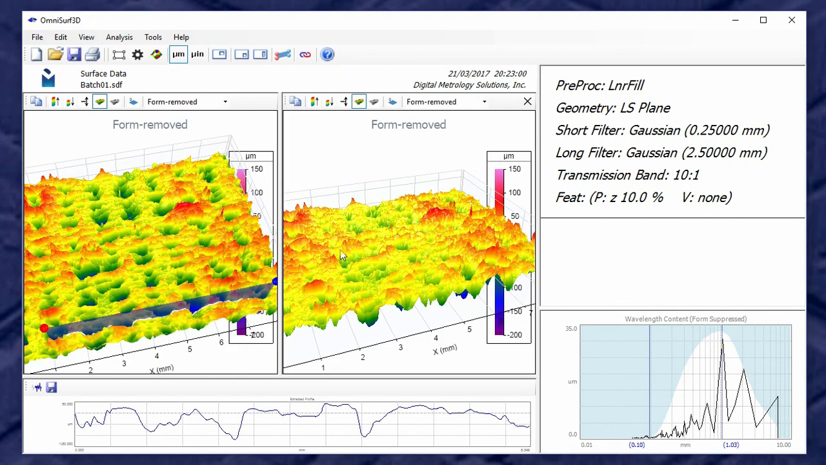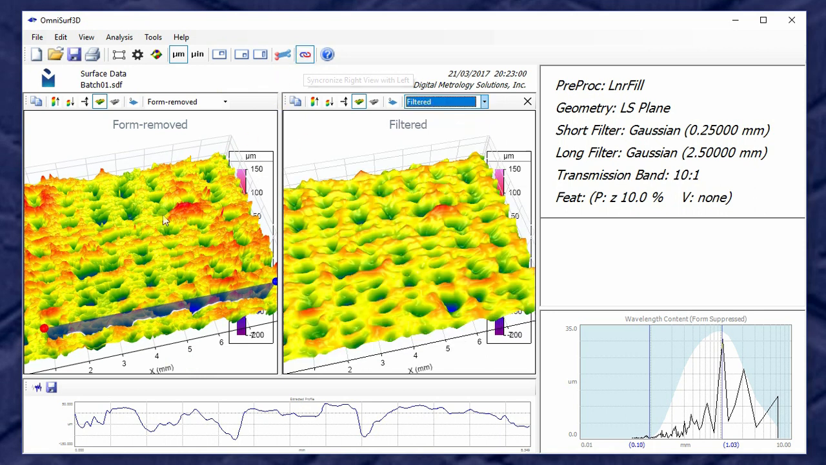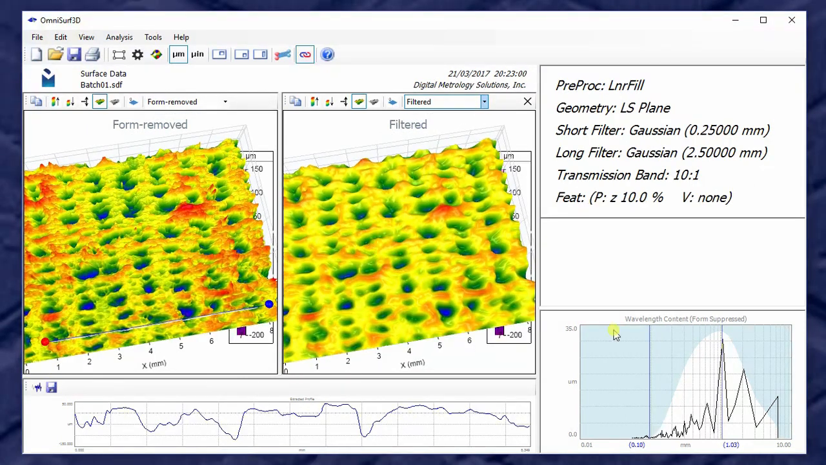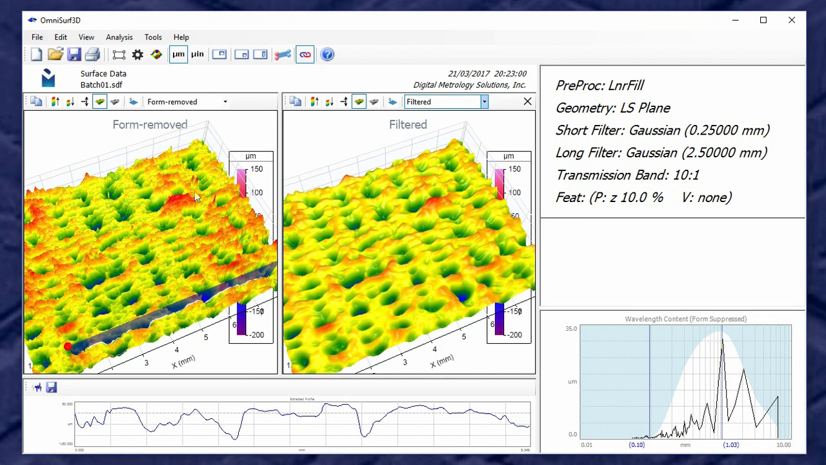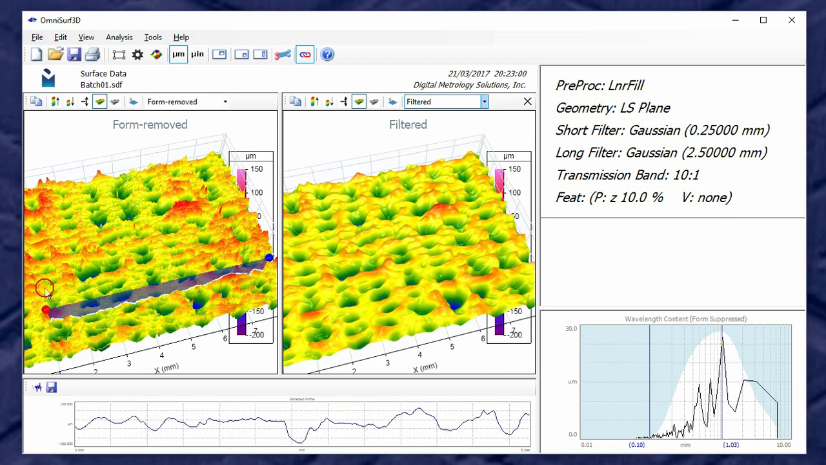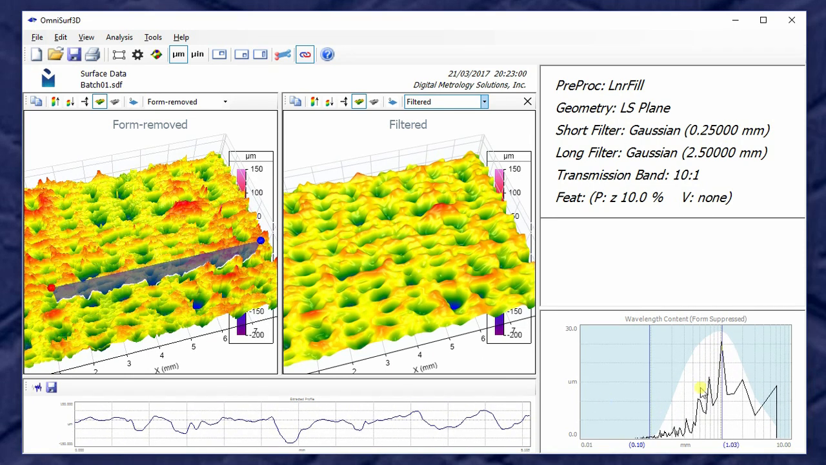We can also add a graph up here and add the filtered data set and use the chain link option here and link these two graphs together and see how this filtered data set of this band relates to just my straight form removed data. The plane is still alive, so we can move through this data and look at the wavelengths that are present